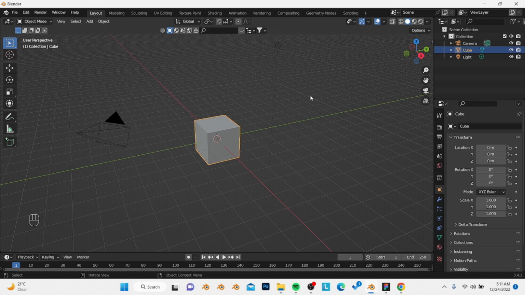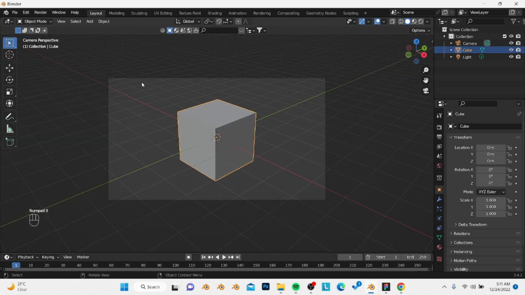This tutorial is actually made for people that have no experience at all inside Blender. Maybe you're opening Blender for the first time. This is what you're going to be seeing: something like a default cube, then light and camera. When I press 0 on my numpad, it's going to snap to the default cube, because that's what the camera is